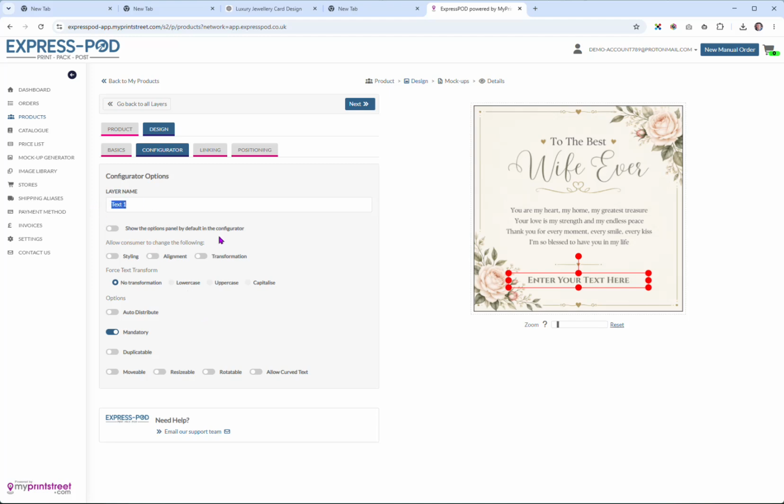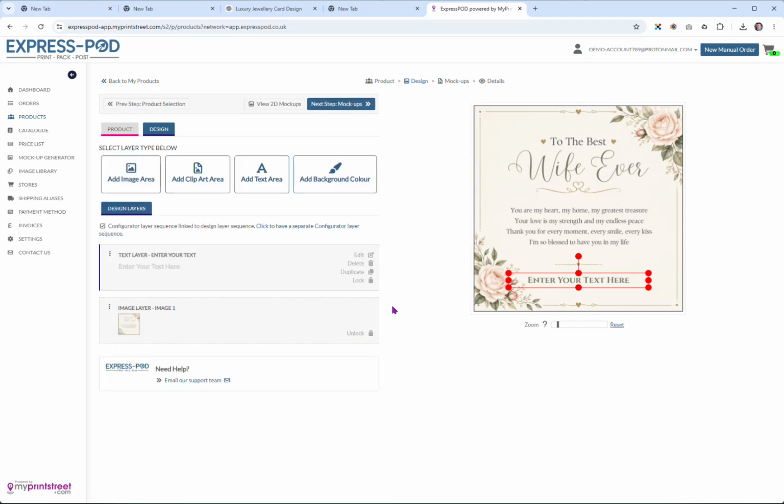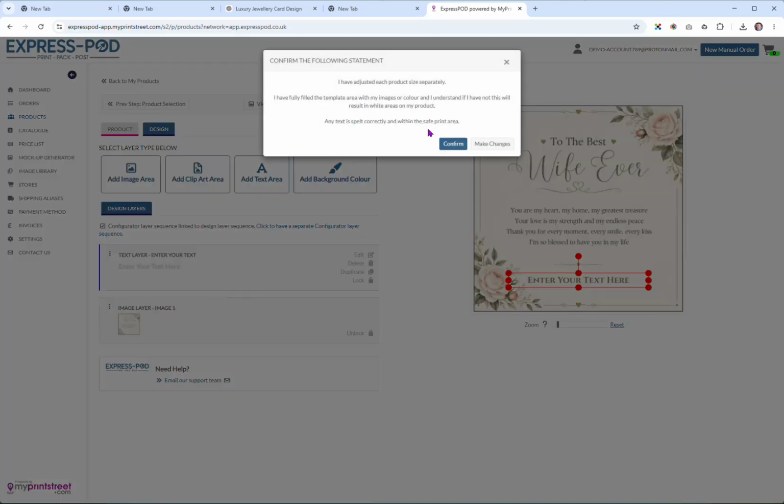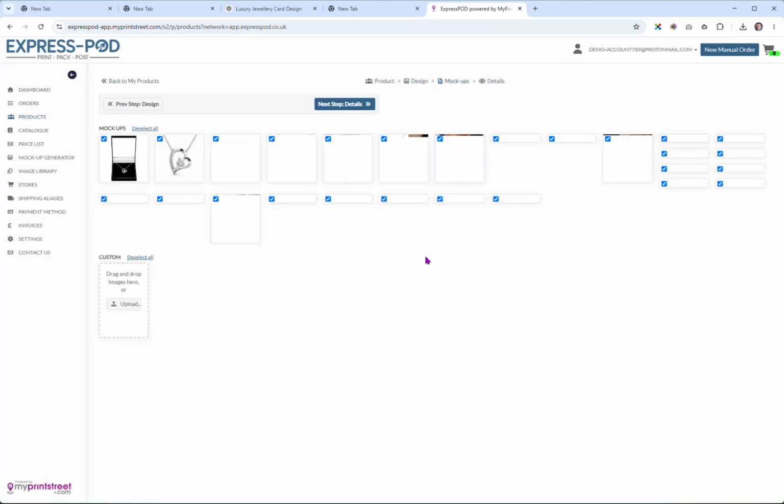And then what I do here is I change this to enter your text, and that's what the customer will see on the screen. Next to the box where they enter the text, it will say enter your text. So once that's done, click next, and there you've got it. You've got your layers, you've got your personalization. What you want to do now is move on to mockups. So if we click mockups,